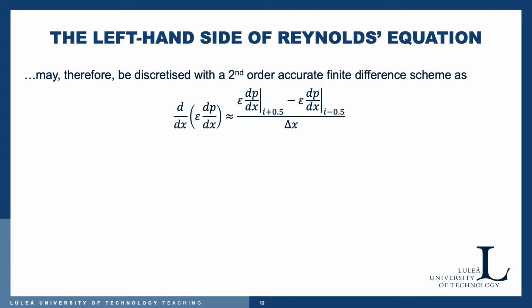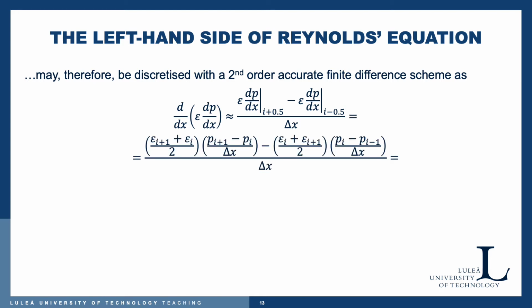Then we have this one. This means that the left-hand side of the Reynolds equation or the Poisson equation may be discretized with this second-order accurate finite difference scheme, as we see here, in one way of formulating it,